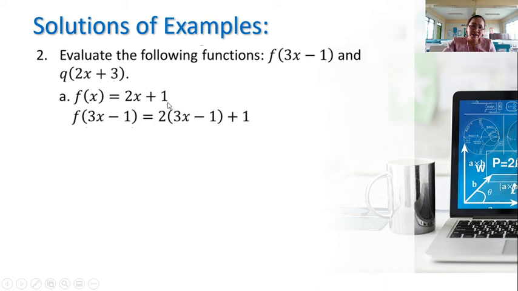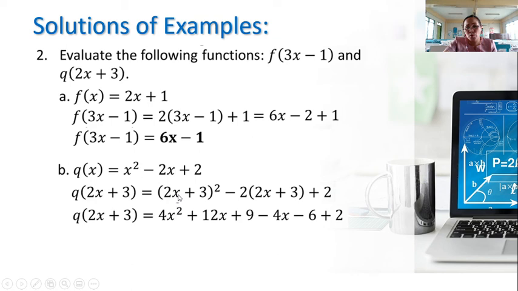Then if you're going to simplify this one, this is actually a square of binomials, special product rule number 2. To square the binomial, all we have to do is simply square the first term. So 2x squared is 4x squared. The next step is to multiply the two terms by 2 as always. So square the first term plus twice the product of the first and second term. So 2x times 3 is 6x times 2, which is 12x. Then